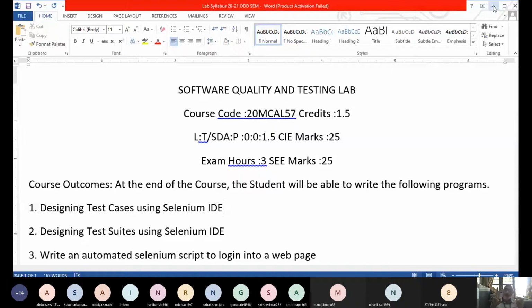So two things. One is I can use Selenium IDE to record and play back, or I can use Selenium by writing programming scripts, and through programs I can test my application. Is that clear? And please understand, you cannot use Selenium other than for web applications. Please remember that. That is the limitation here.